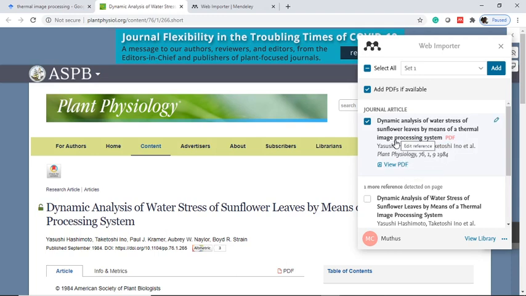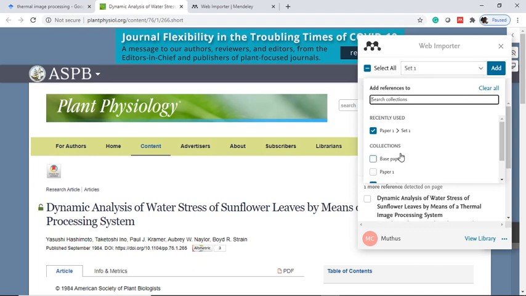If you would like to include the PDF in Mendeley, you can choose this option, add PDFs if available. Otherwise, if you do not want any PDF, you can uncheck it.